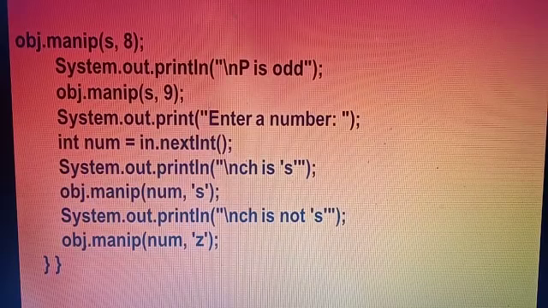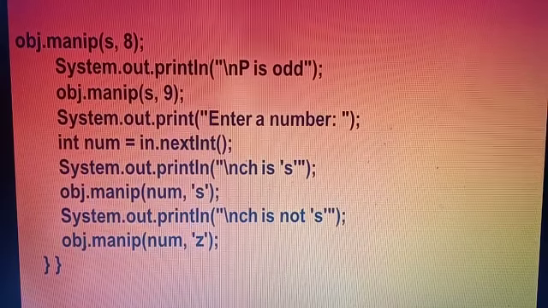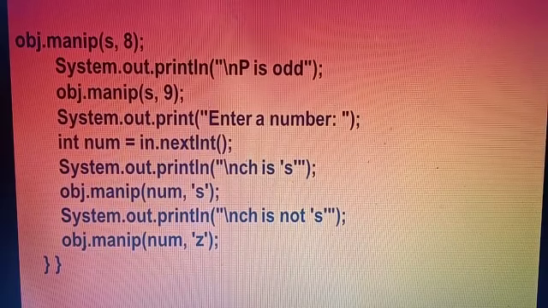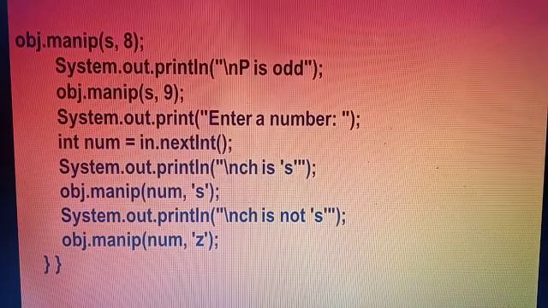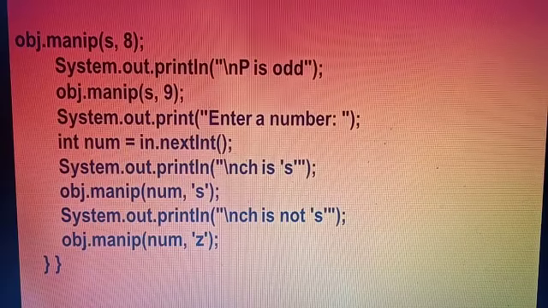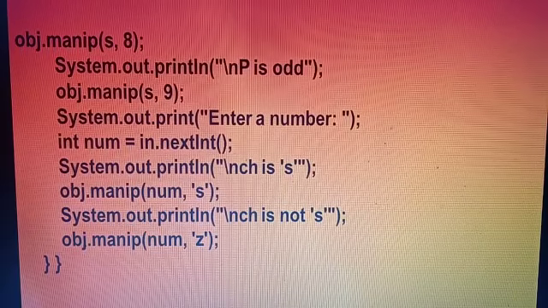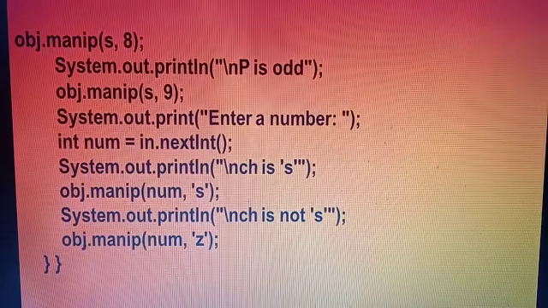Then after that obj.manip(num, 's'), and System.out.println is there, \n ch is not s. Then obj.manip(num, 'z'). So in this way you can do this program by using both function definition and invoking. Hope you have understood this program. Thank you, my dear children.